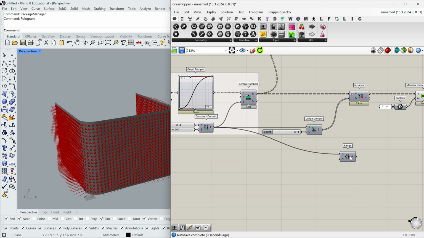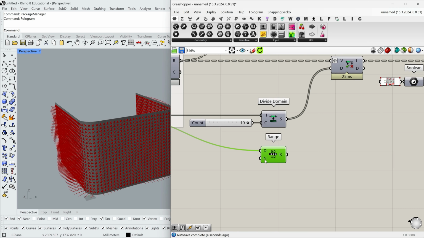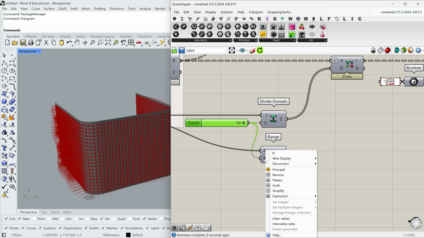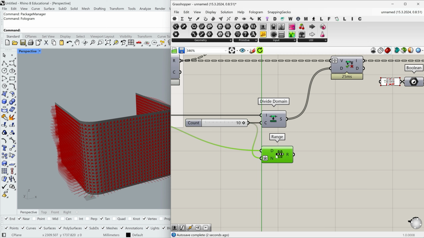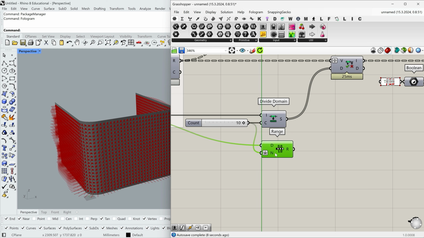For the domain, we're using the existing one, which we did before. And for the number of steps, I'm going to use the count slider, but with one change. I'm going to use the expression x minus 1 because range gives us one more value.